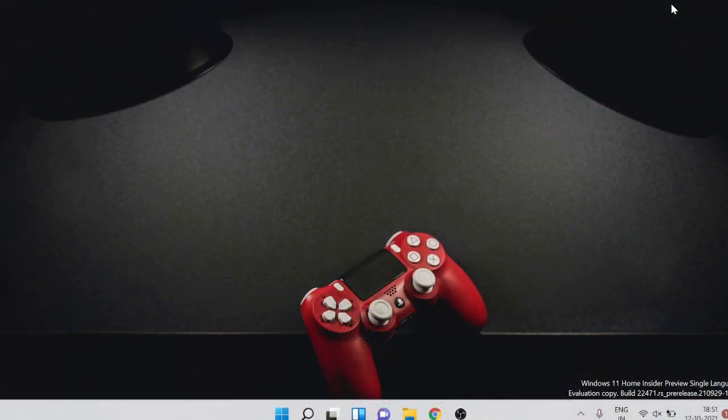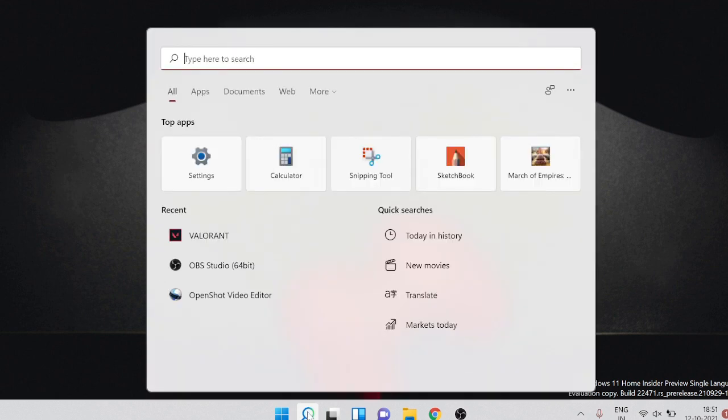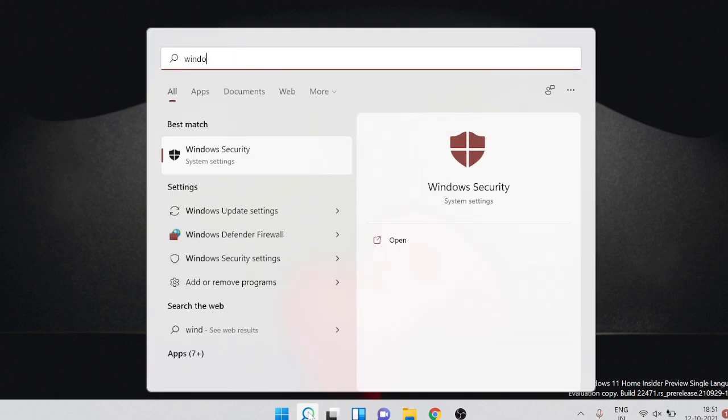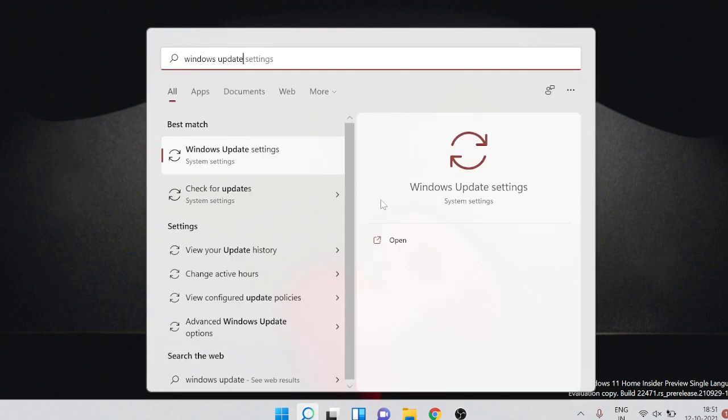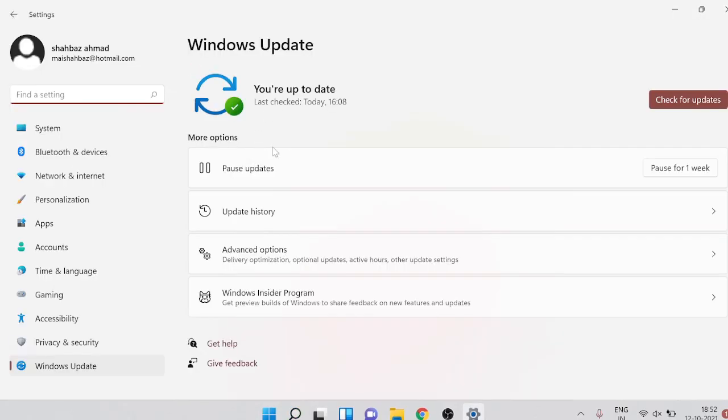So we will be optimizing the computer, and that will not only fix your Valorant FPS drop but also improve the Windows PC. So let's move on with number one, where we have to check for the Windows update. Make sure if there is any pending update, you may have such trouble. So how can you check that? Both on Windows 10 and Windows 11, you can search Windows update, and Windows update settings will come up.